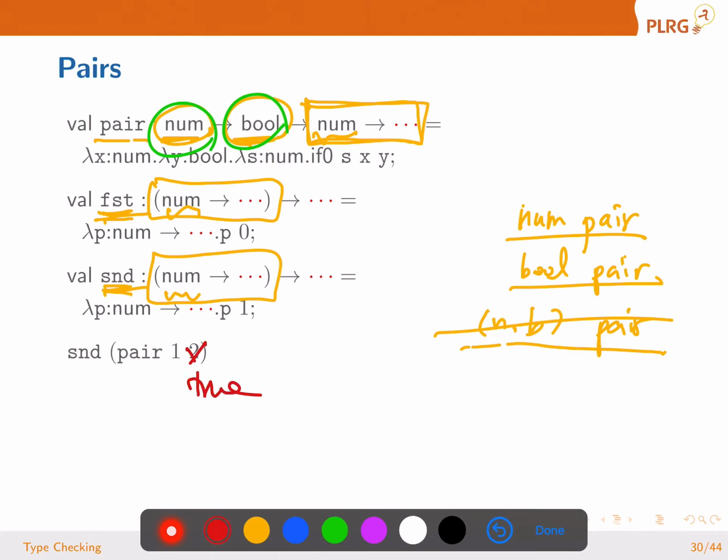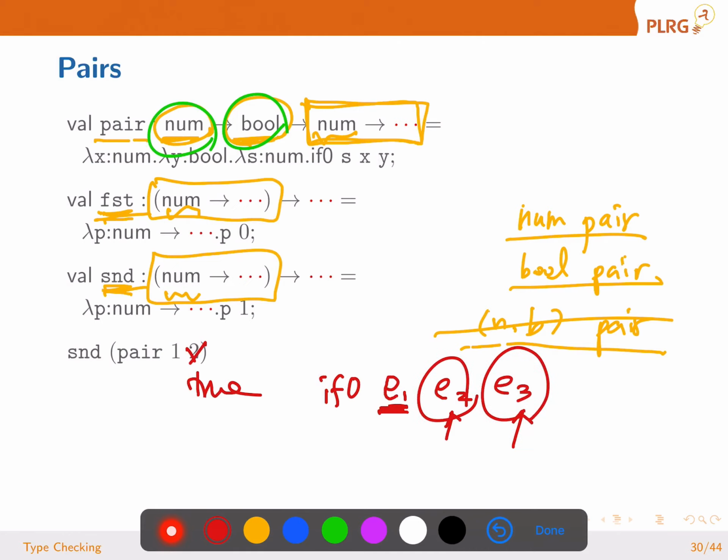Okay? Wow. What can we do about it? Remember, when we have an if expression, if0 E1, E2, E3, we said that if E1 is 0, then we are going to evaluate E2. If E1 is non-zero, we are going to evaluate E3. What's going to be the type of E2 and E3? We discussed that there could be several options. Either what? They should be the same type, or